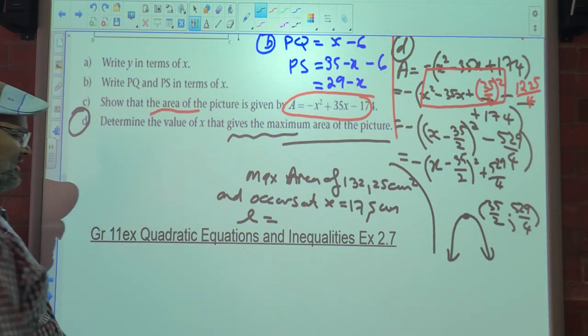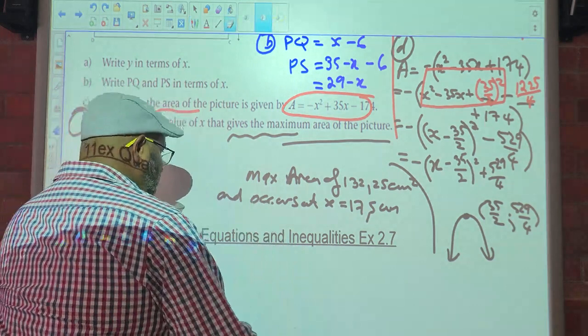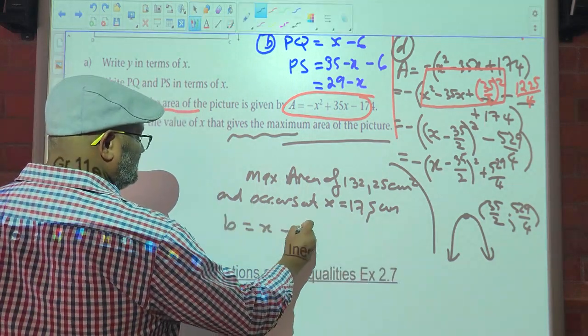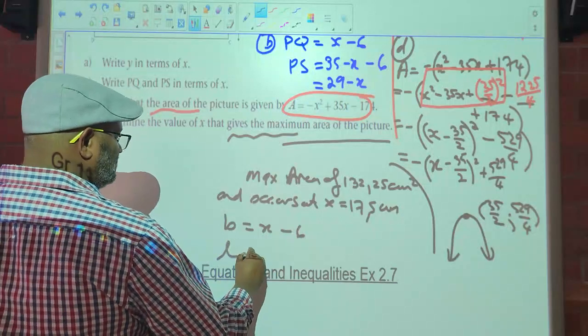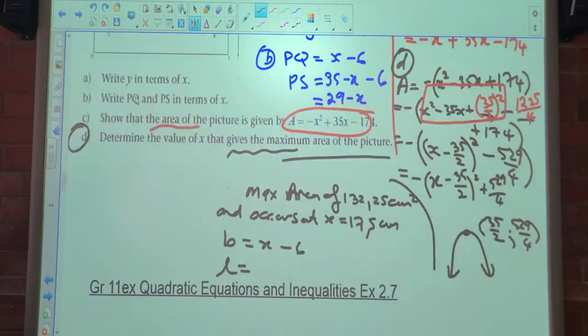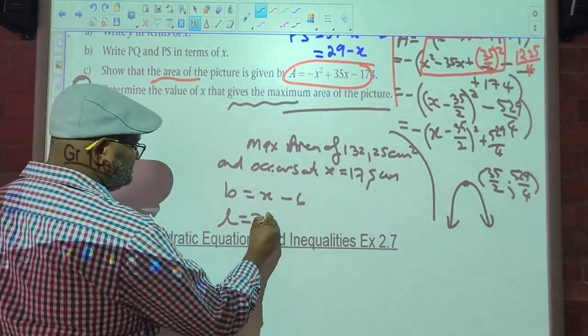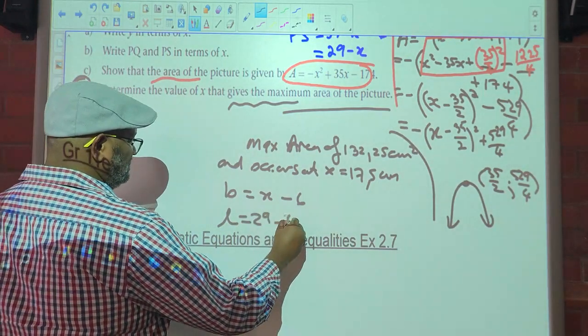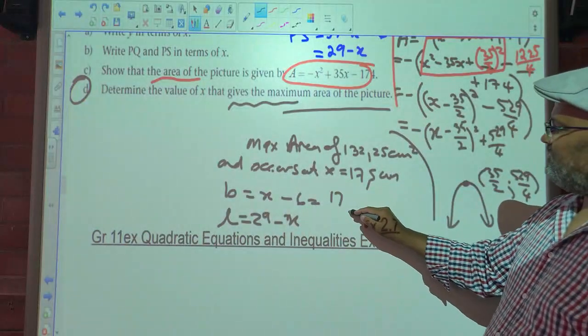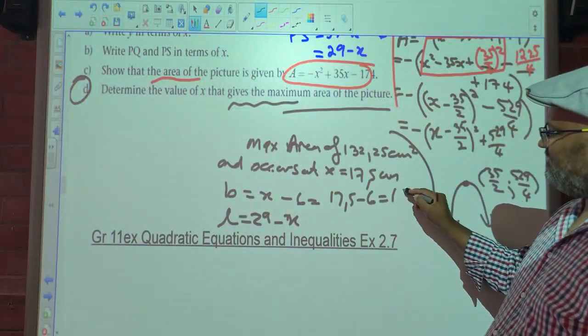The x value. Now just remember that, what do we know about this breadth? The breadth was x minus 6, not so? And the length was 29 minus x. So then that means to say your breadth would be 17.5 minus 6, which is 11,5